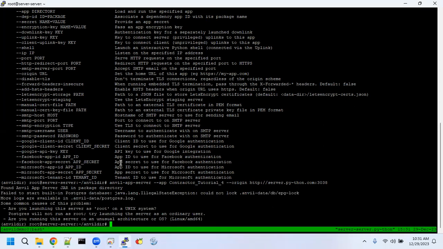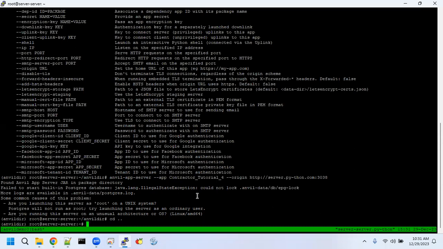And the reason that we're having an issue here is I currently am using that Postgres database for the other application. So what we actually need to do here, if we want to run two apps on the same server, is create a separate folder because apps running in the same folder will use the same Postgres database. So let's create Anvil dir2,